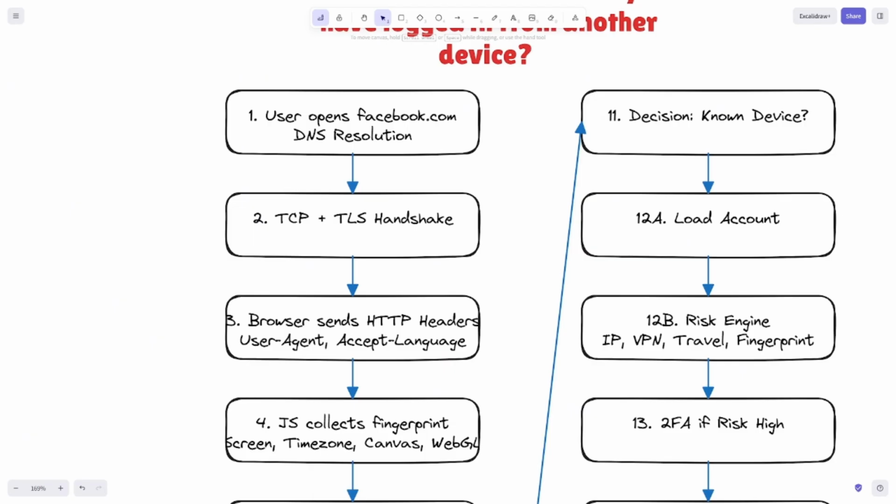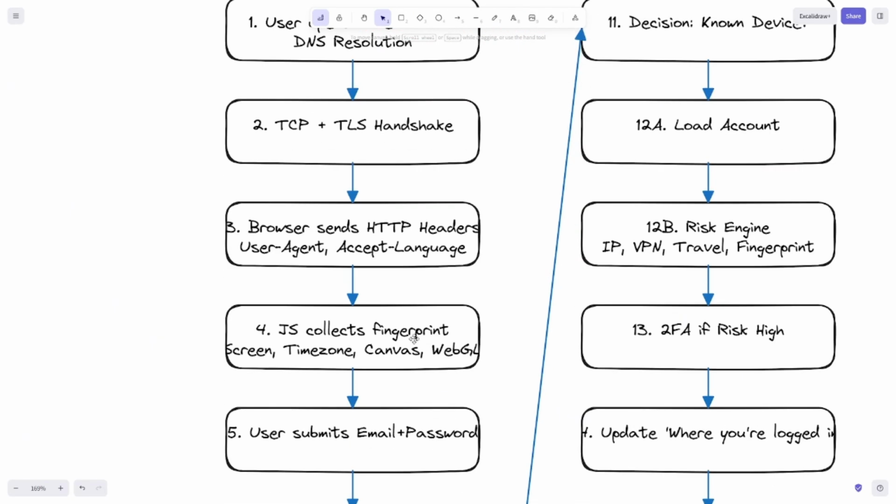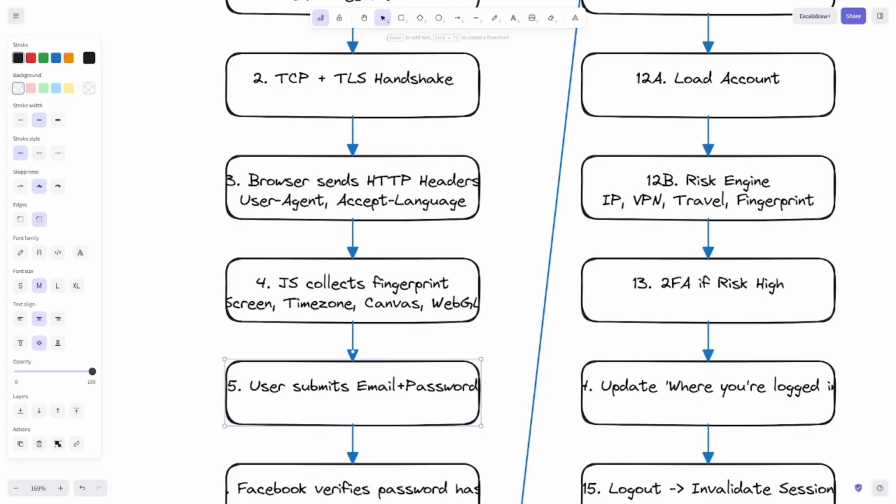In the next part, we will see what happens after you enter your email and password. We'll learn about cookies, sessions, browser fingerprinting, and how Facebook recognizes whether you are logging in from the same